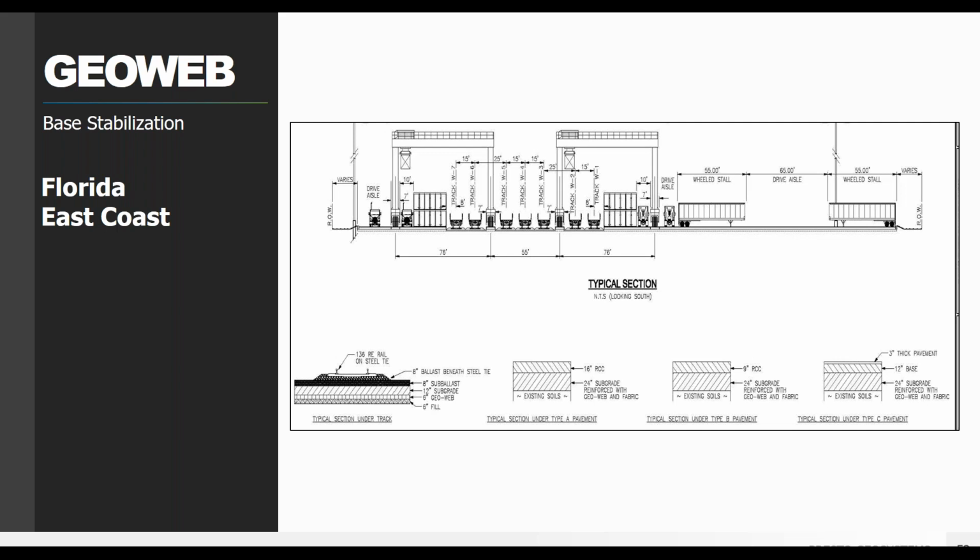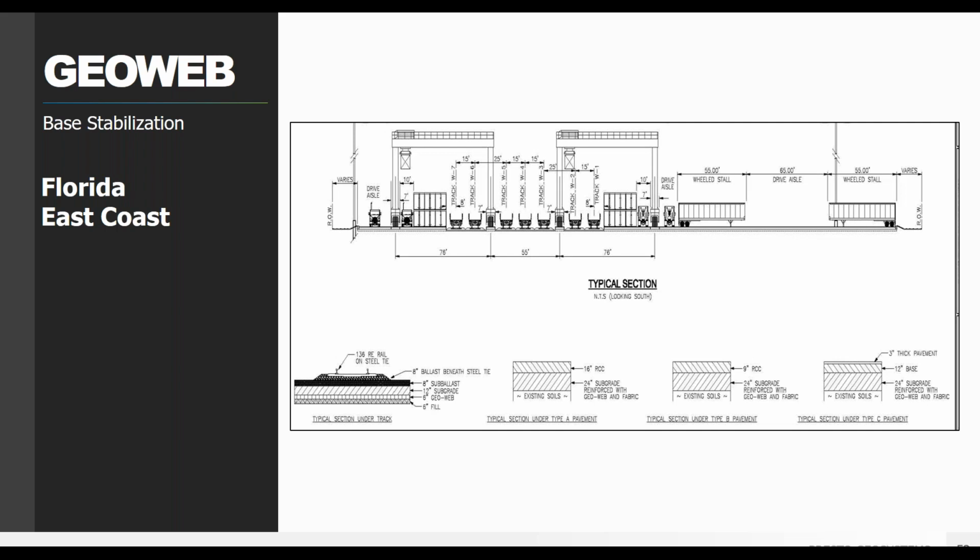So through that mattress effect that the GeoWeb system provides, we were able to function as a semi-rigid slab that improves load distribution and reduces the vertical stress that reaches that soft subgrade. So this not only reduces the overall magnitude of settlement, but it also protects against differential settlement. So it allows for primary consolidation of the subgrade materials to occur in a much more uniform and controlled manner in response to those applied vehicle loads. So the end result was a much more durable system with a longer lifetime pavement.